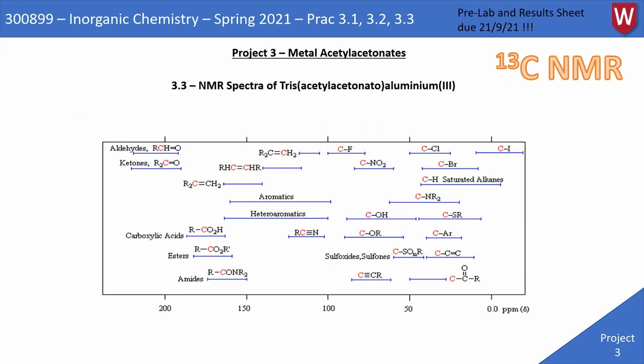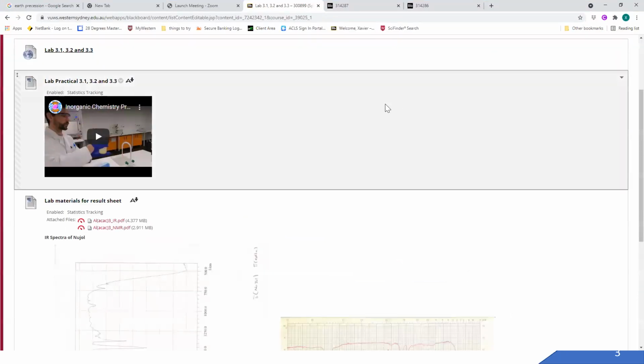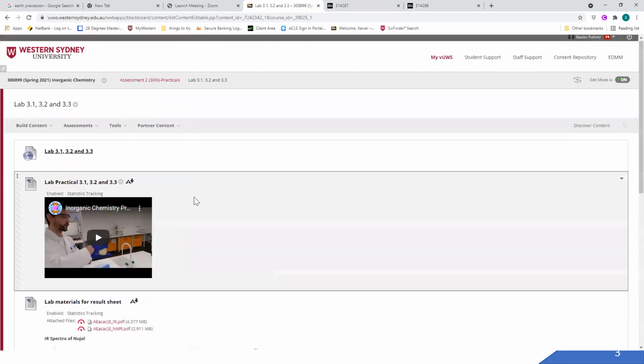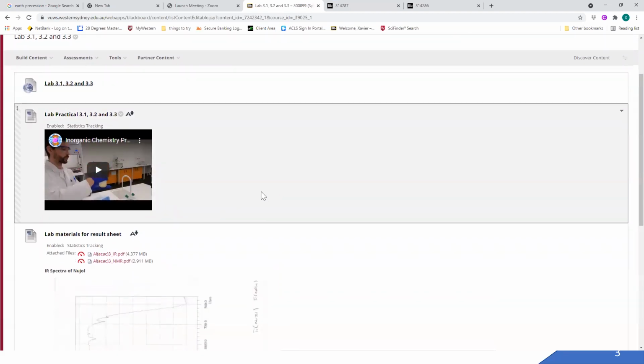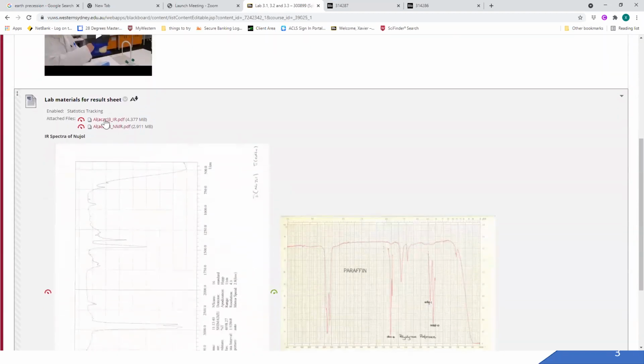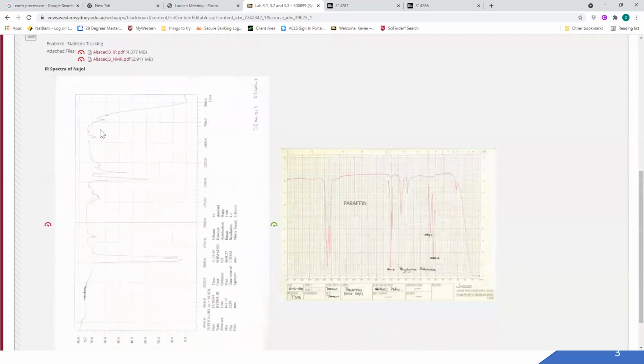Where's the IR and NMR spectrum? So in the folder that has the lab demonstration video, they'll also have the files for the proton and carbon NMR and also the IR. I think I've got it up here. Hopefully you guys can see that window. So in this folder for lab 3.1, 3.2, you've got the demonstration video, and then you've got IR and NMR PDFs here. You also have some spectra of the